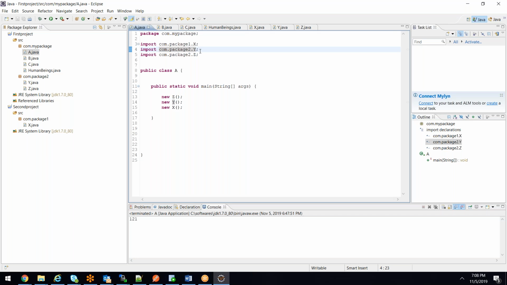Correct? For example, if I open the browser and I say www.facebook.com, I'm sending a request to that Facebook server, correct? When I send a request from my browser to the Facebook server, immediately you're seeing the login page on your screen, correct? Assume that after you send a request, you get the login page after 30 minutes. You're getting the correct response, but you're getting it after 30 minutes. Do you appreciate that kind of application?